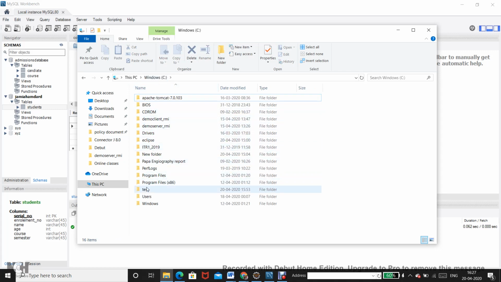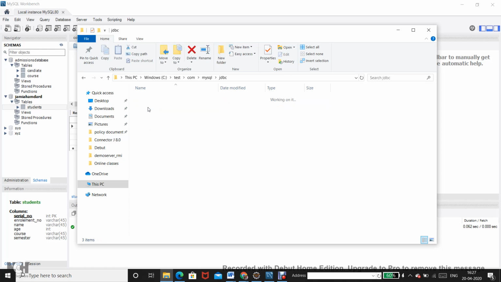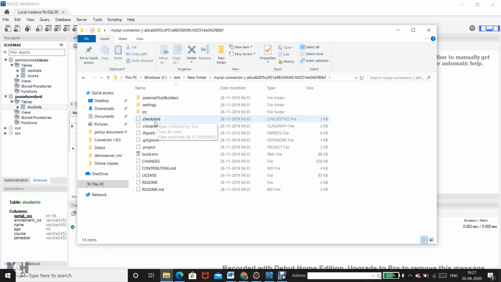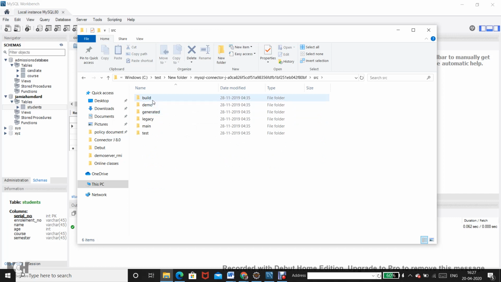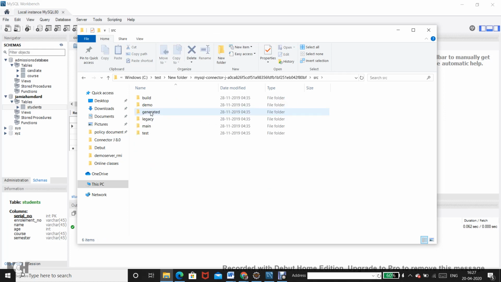In that case, I'm not getting exactly the same structure. And because it is taken from the GitHub, that's also one of the reasons why it has a different structure, because in the GitHub it's basically a Maven project.